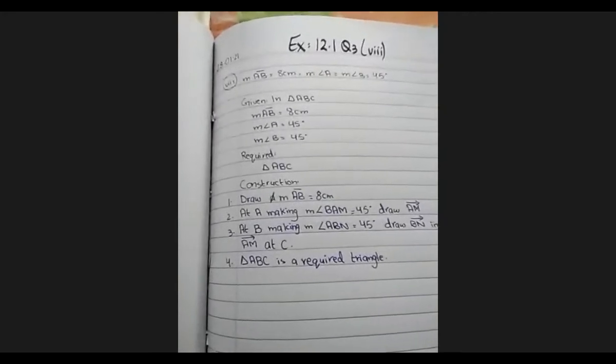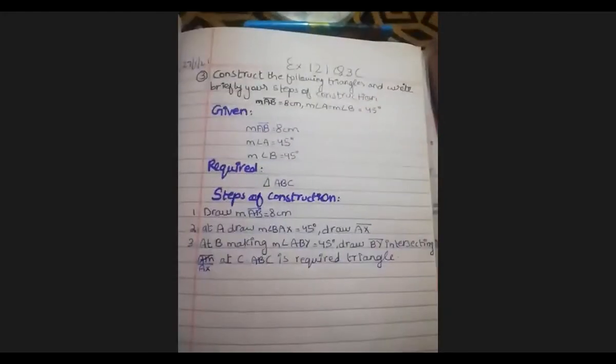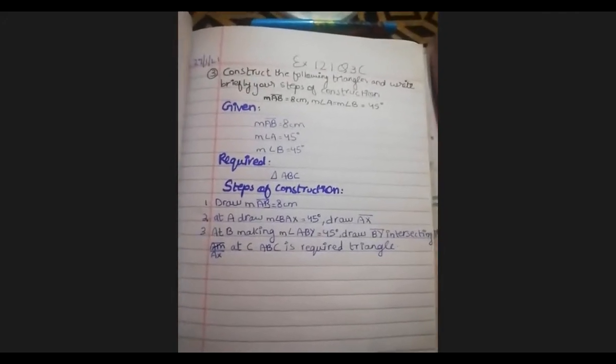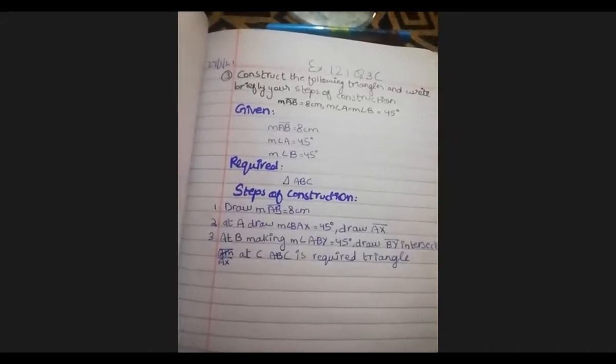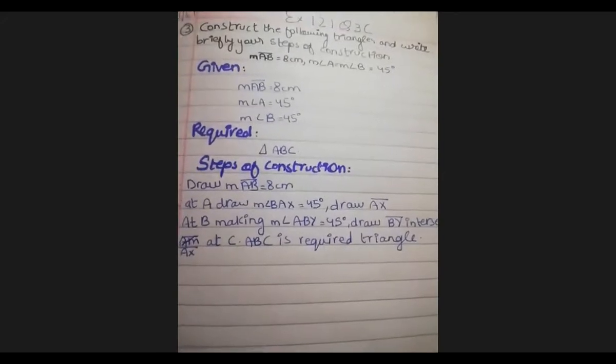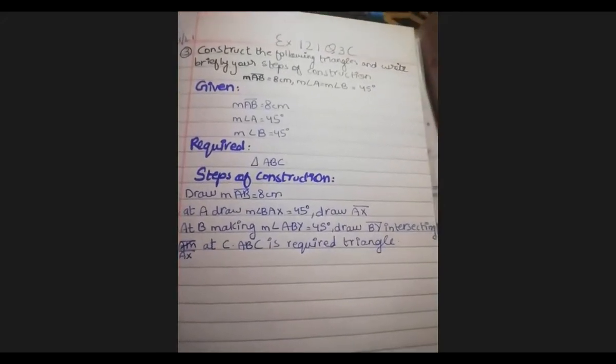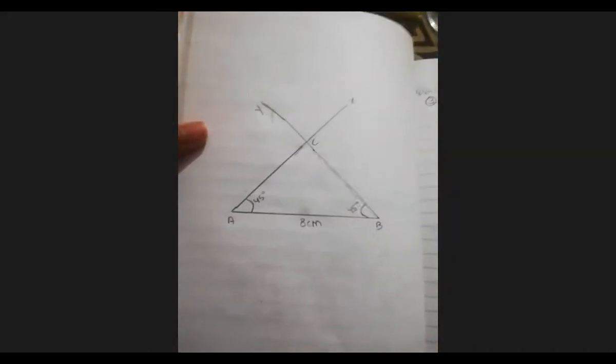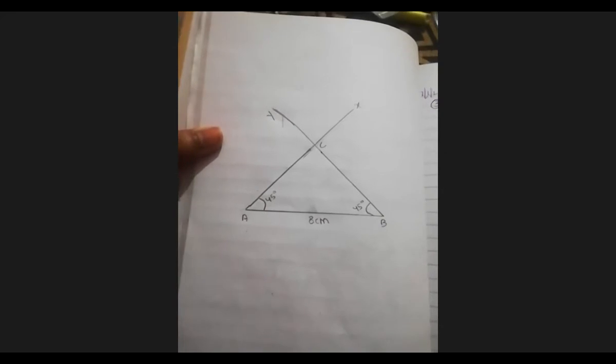Now the next copy is of Ramla. Now Ramla is there at A. Beta, in point number 2, A is written with a small letter. At A, draw BA. BAX. You have written BAX. Can you please show me the diagram? Okay. Here you have mentioned X at the top.